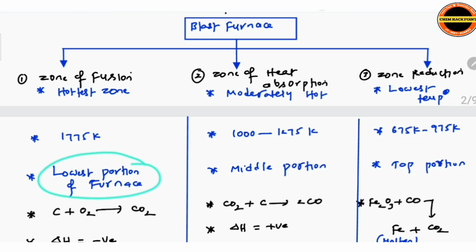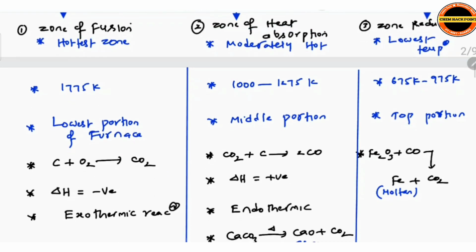Lowest portion of the furnace, zone of fusion; middle portion, zone of heat absorption; top portion, zone of reduction. In the zone of fusion, carbon reacts with oxygen and CO2 is formed. Delta H is negative, an exothermic reaction. In the middle portion, the CO2 formed here combines with extra carbon to form carbon monoxide, which is an endothermic reaction. Delta H is positive. In the zone of reduction, this carbon monoxide reacts with iron oxide and forms iron and CO2,